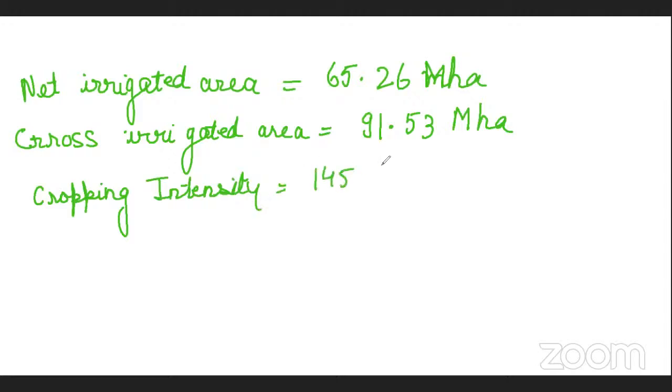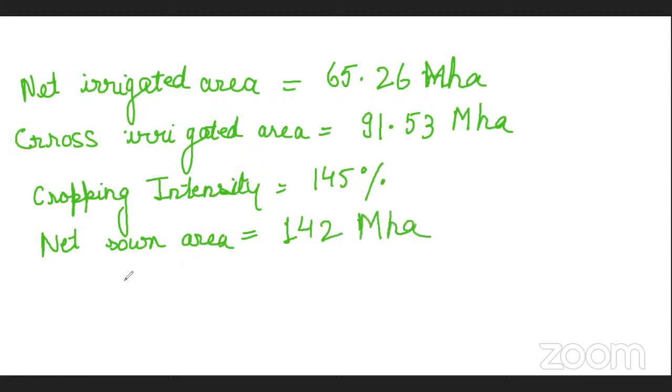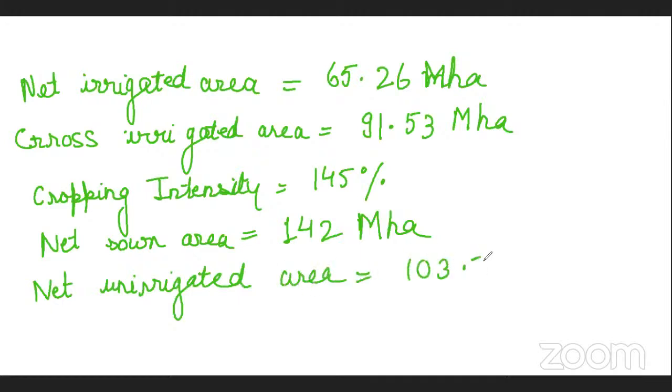Okay, but if we talk about our cropping intensity, then it is 145%, and the net sown area is equal to 142 million hectare. But if we talk about which area we are not irrigating nowadays, the net unirrigated area, then it is equal to 103.72